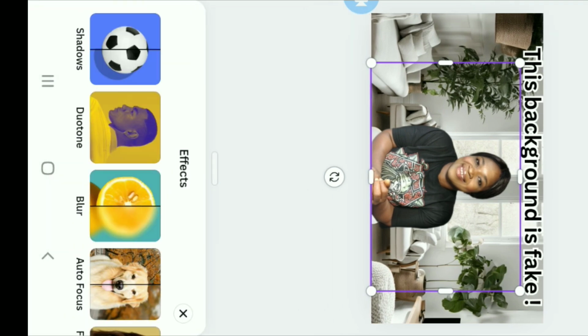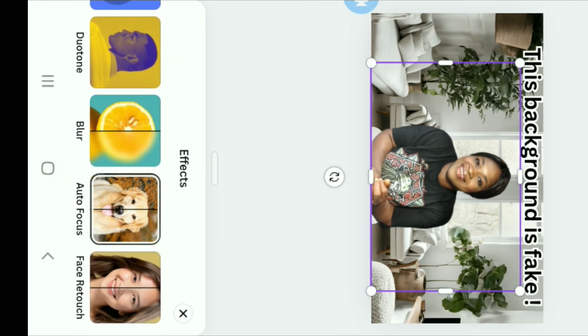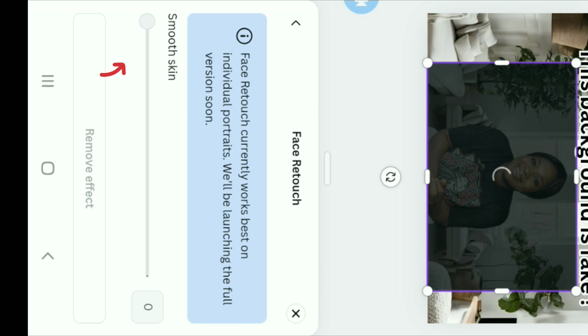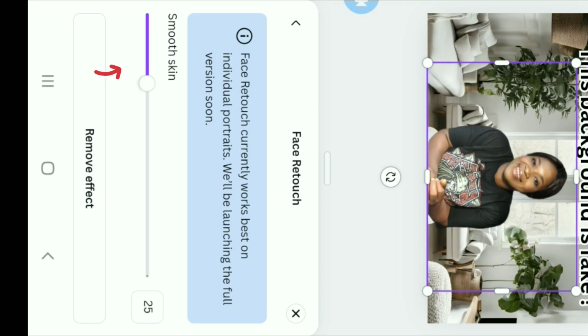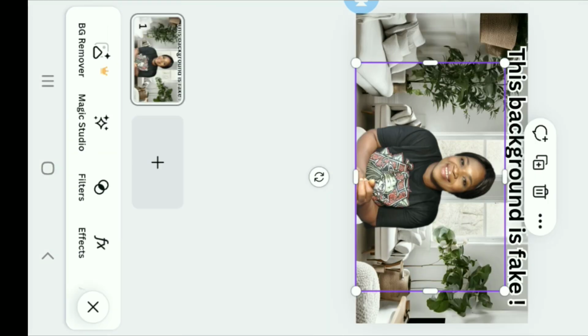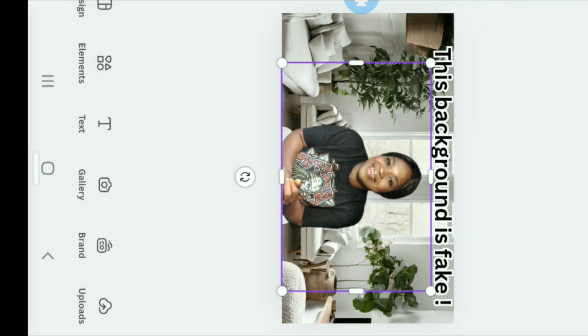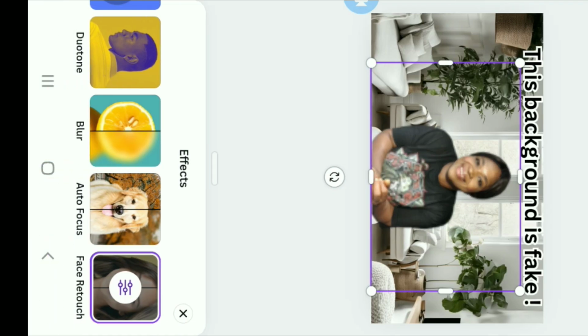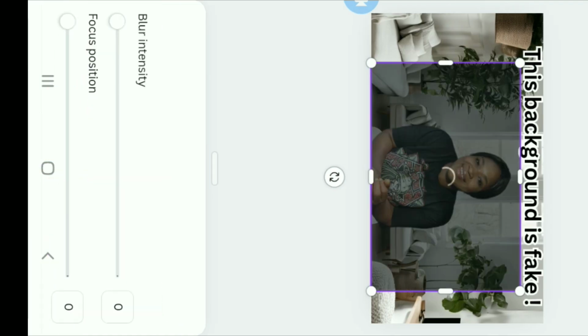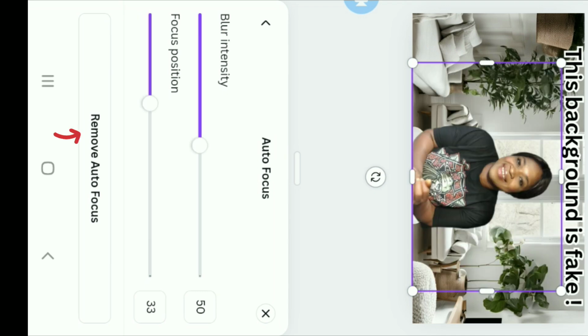effects. So right here I can choose to blur. I can just use it to retouch my face. So let me touch my face a bit. Okay, this smooth skin just a bit. Okay, now I'm going to go to the background itself to see if there is anything. I don't want to use this, so I'm just going to remove autofocus so that everything will go back to zero. Okay, so I'm just going to go to my background and add any other thing I want to add,